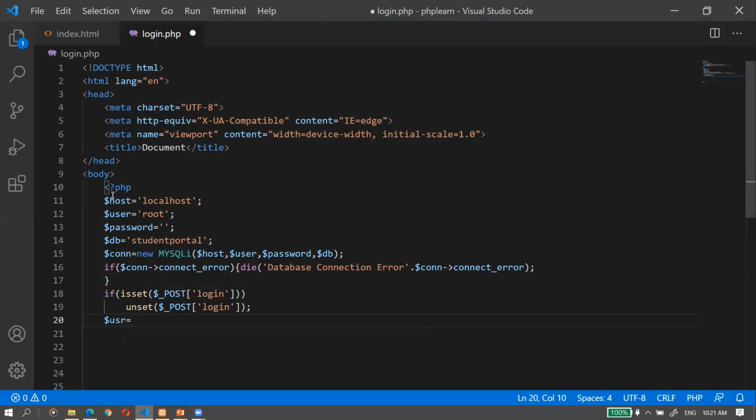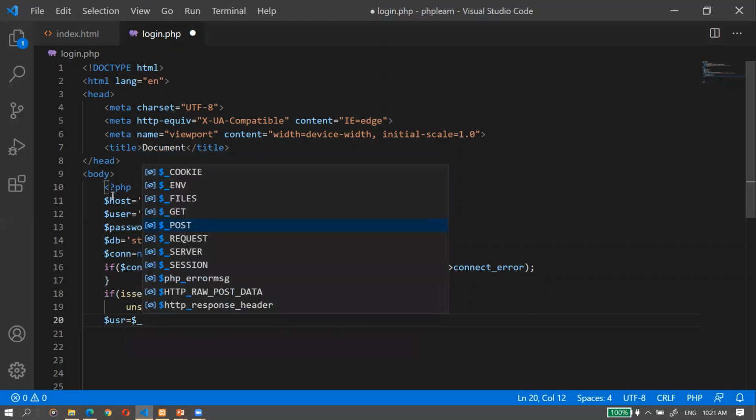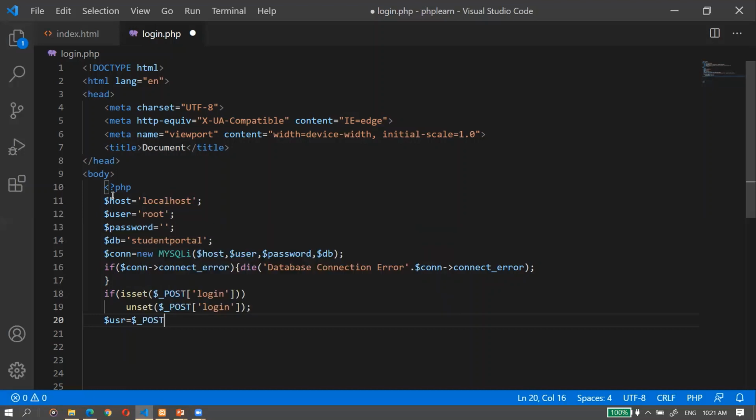Whatever value the user has given in the username text box will be stored in $user, because we have to validate it from the database. For that we use $_POST and the name of that text box, which was USN.